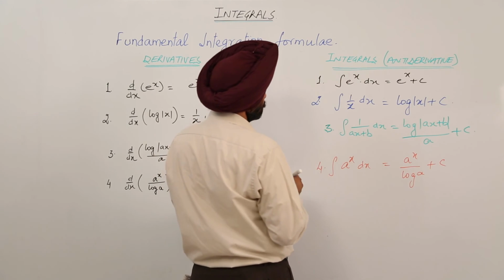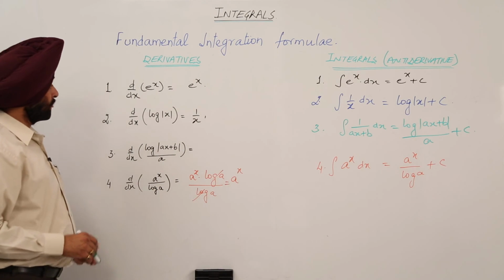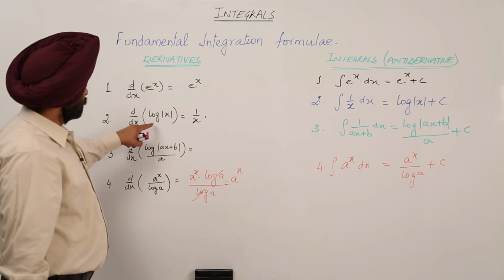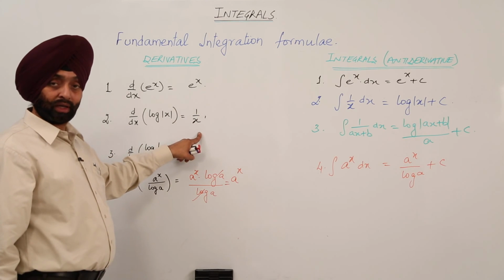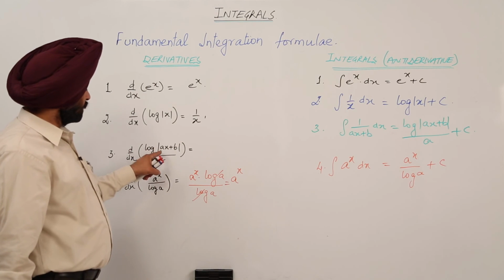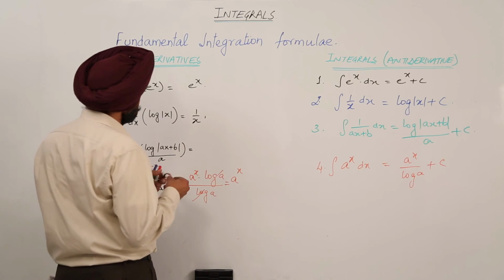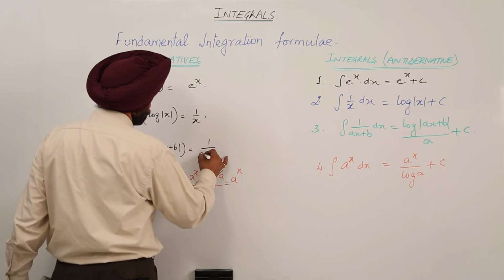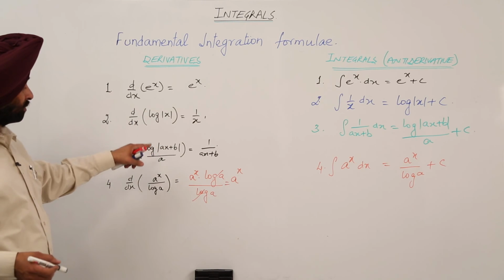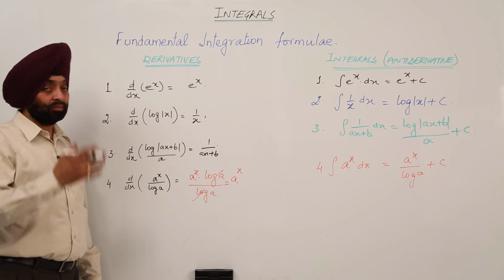Okay. So like this we have 4 formulas for the exponential and algebraic functions. First e raised to power x as it is. Log mod x means integration of 1 upon x will always be written as log mod x. Remember always, otherwise you will not get the marks. Similarly for 1 upon ax plus b, the integral is always log mod of ax plus b upon a, and lastly a raised to power x, it is this one. Okay. So be careful and remember.